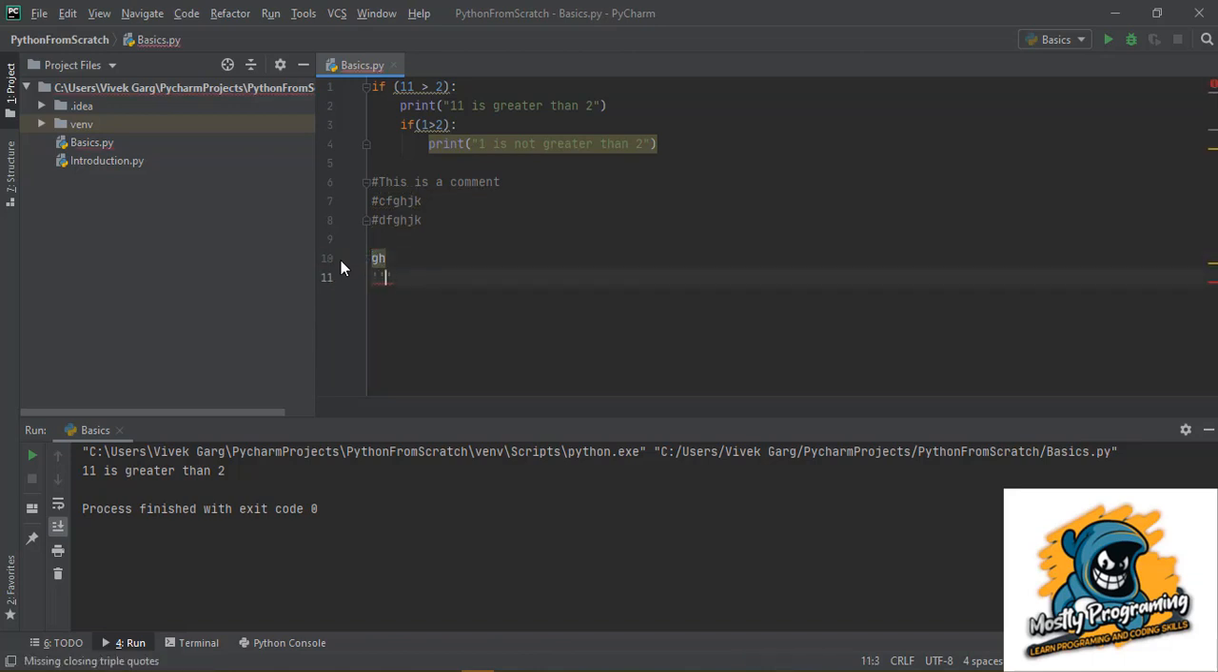So I hope now you are clear with the concept of indentation and the concept of how to use